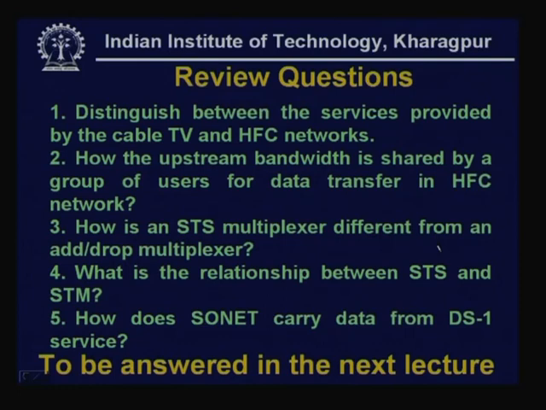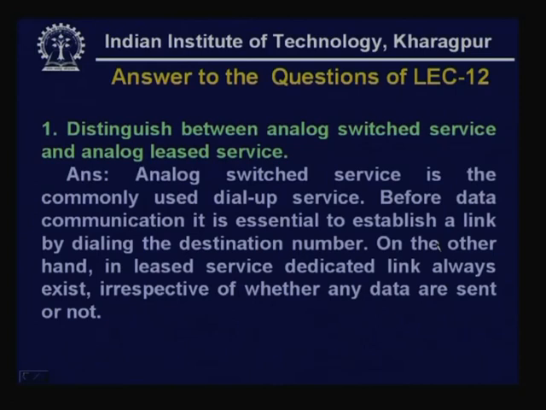First one is to distinguish between the services provided by the cable TV and HFC networks. Second question is how the upstream bandwidth is shared by a group of users for data transfer in an HFC network. Third question is how an STS multiplexer is different from an add drop multiplexer. Fourth question is what is the relationship between STS and STM. Fifth question is how does SONET carry data from DS1 service. These questions will be answered in the next lecture,